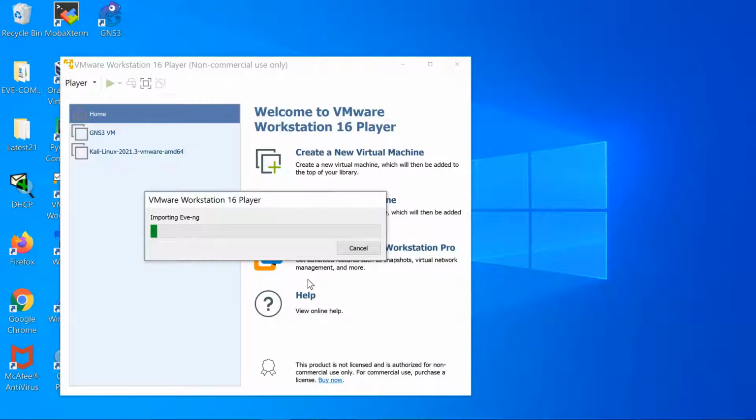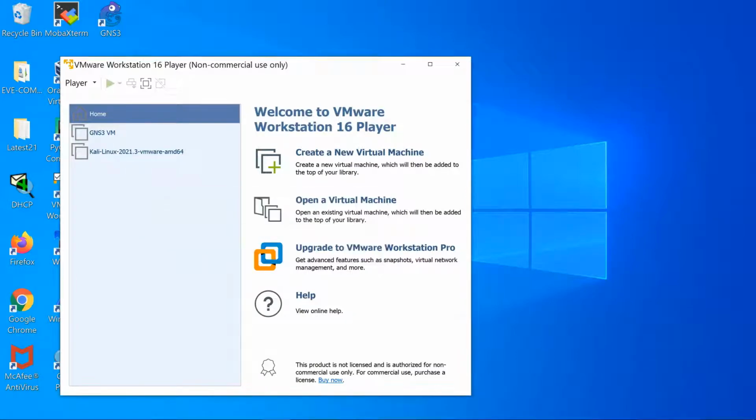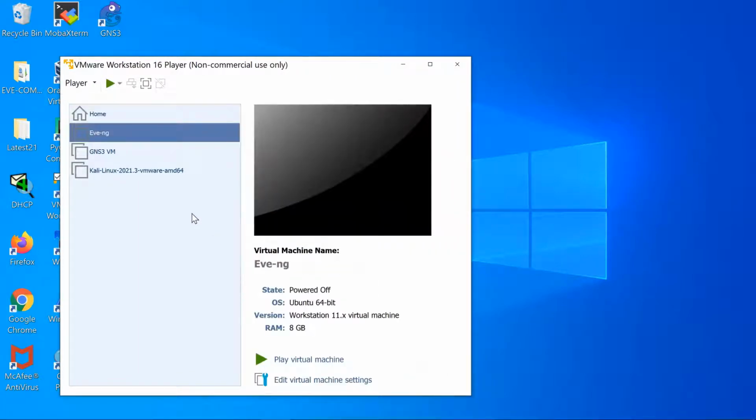It will install the VM now. Now it has created the EVE-NG VM.